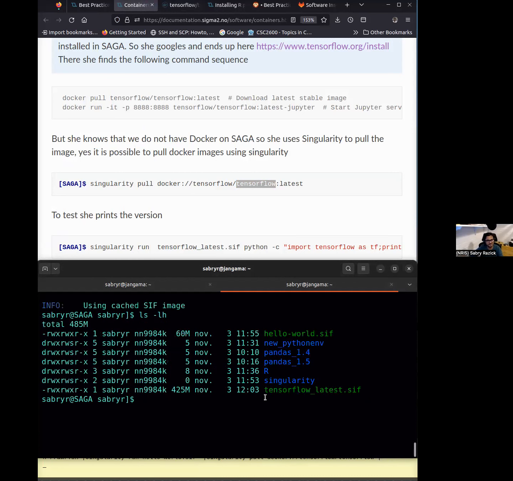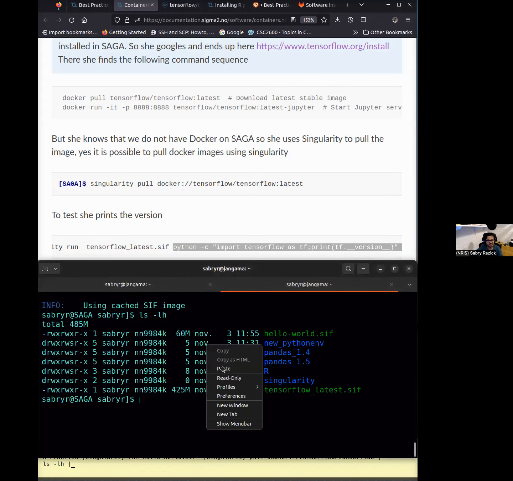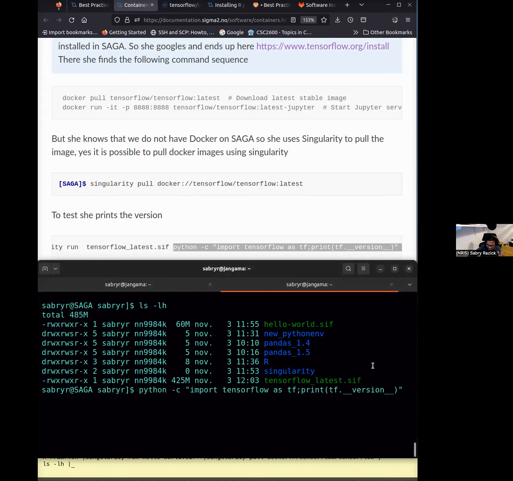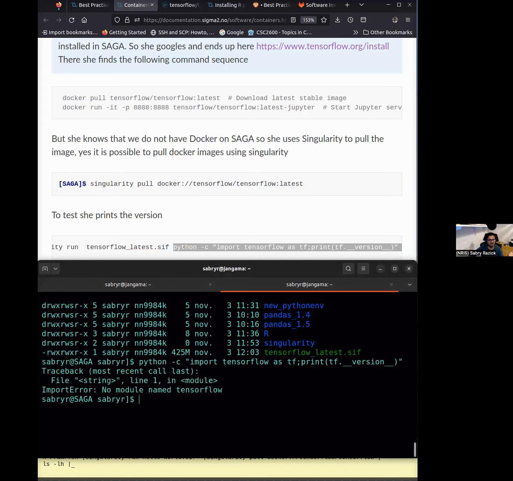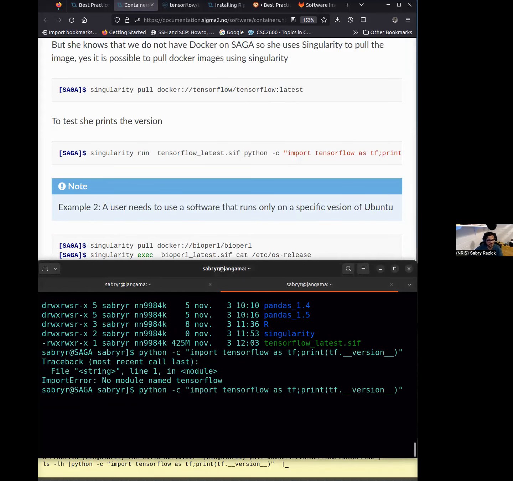So earlier I gave a name, but now it has TensorFlow here. And see, now I'm going to use this Python command. I will see whether there's any TensorFlow installed on the system by default, or in my folder. So TensorFlow is a machine learning library that we use. Now, instead of running it on my computer, I'm going to run it using the container. So the same command, but in front you need singularity, and then what?